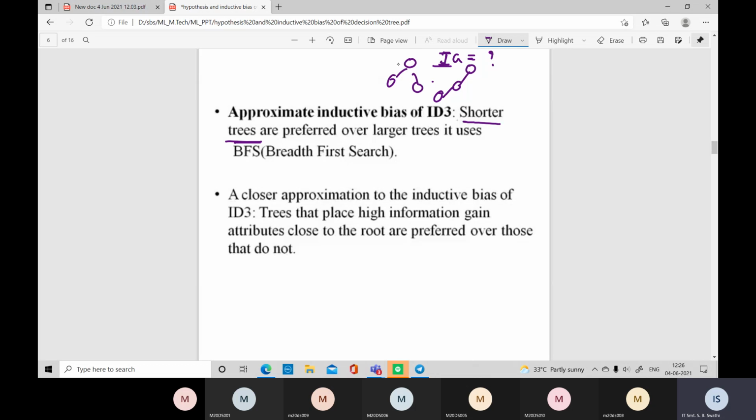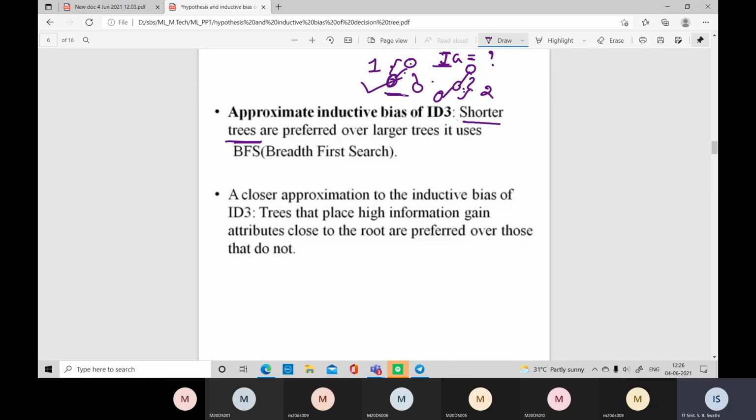If you see here, what is the length of this decision tree? This is 1. From the root node to the next node, there is only 1 length. If you consider this one, the length of the tree is 2. Even though the information gain of these two trees is the same, this first decision tree will be taken as our solution. ID3 will always consider the trees which are very simple, which have the shorter length. Only those trees will be considered as the solution.